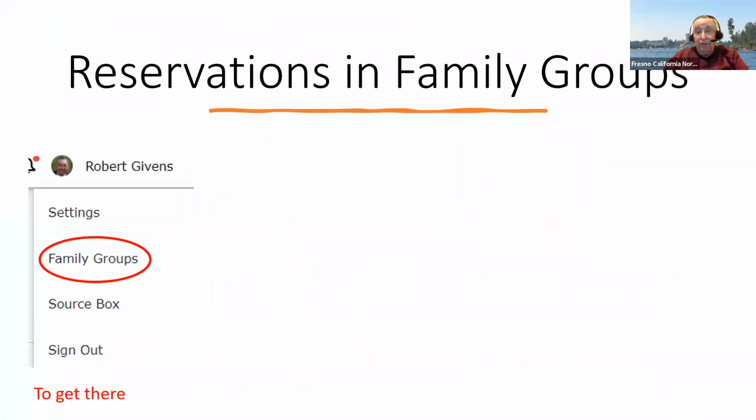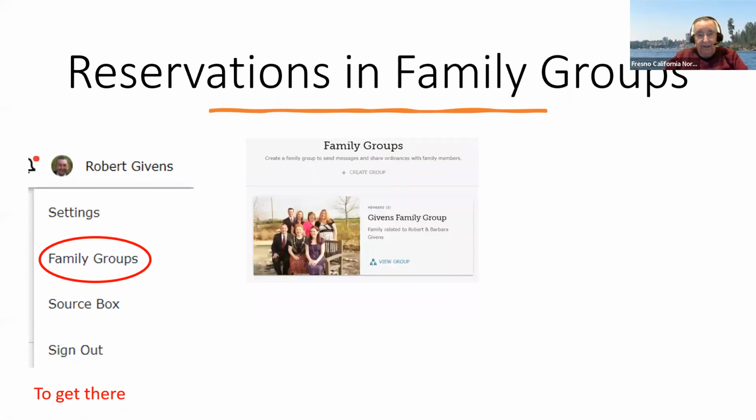Okay, now family groups. If you go up where your name is and you click on your name, you're going to find that there is a family groups notice there. If you click on that, you're not going to see the bottom part of this. You're going to see family groups, create a group by clicking on create group. And then there's just a couple of steps.